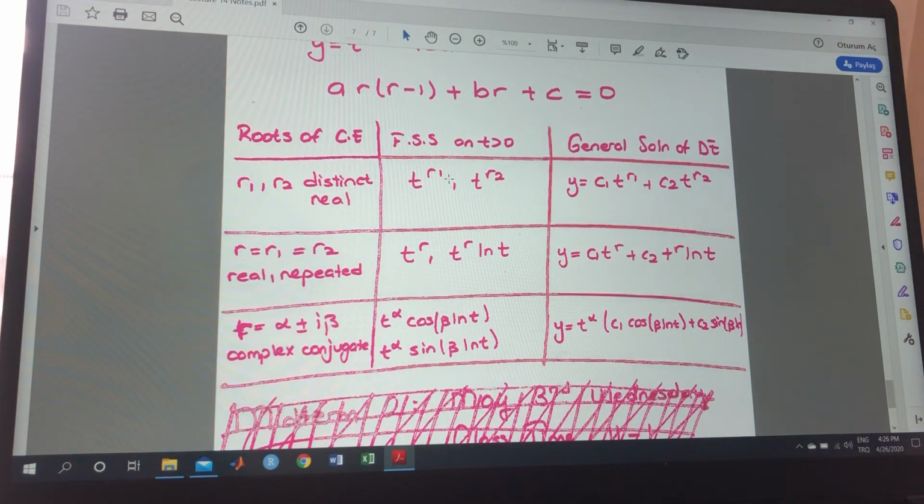Okay, this table is summarizing all the solutions of Euler's equation, and I will upload different examples for this section